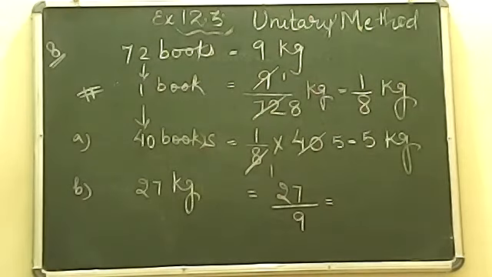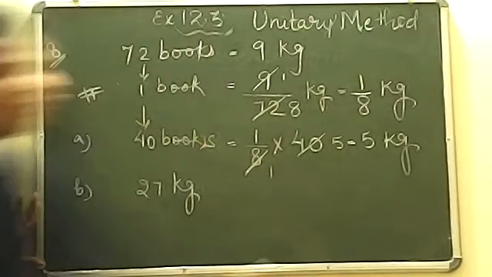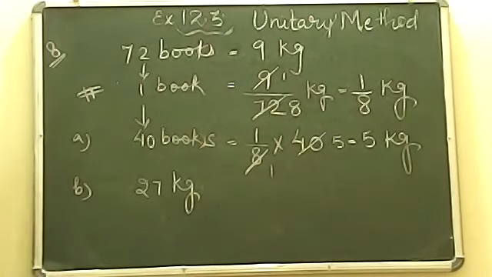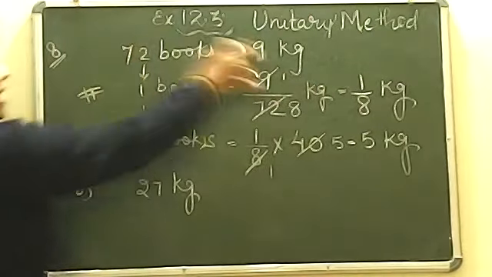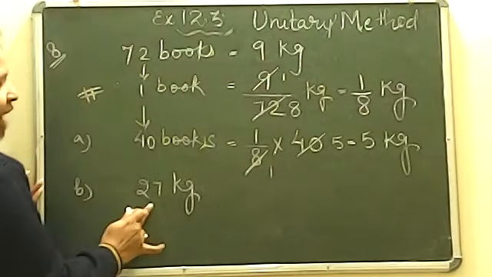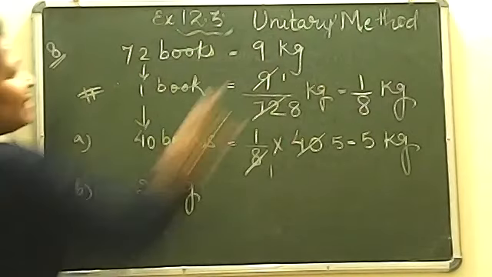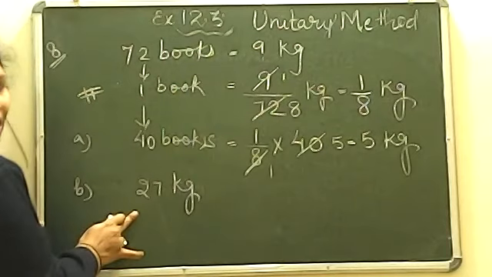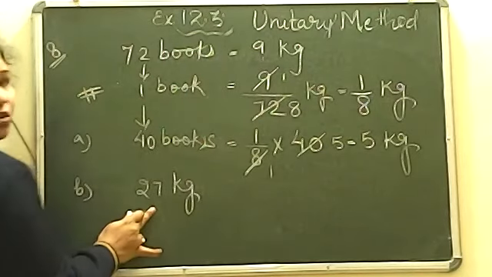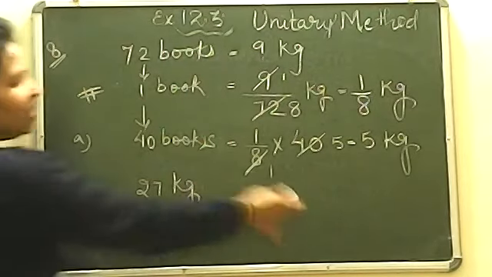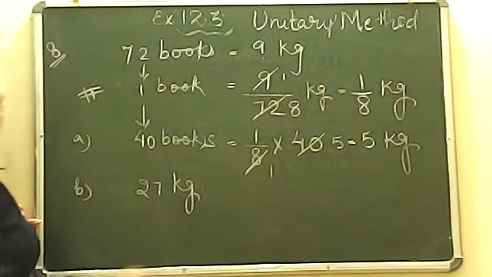सॉरी, जस्ट लिटिल रॉन्ग. Look at here like this. See, 9 kg 72 books, we have 27 kg. Means 9 का 3 times. है ना, यहाँ पर 3 times है. So 3 times में you can simply do it. वो division करने की जरूरत ही नहीं पड़ेगी. 3 times it is coming.